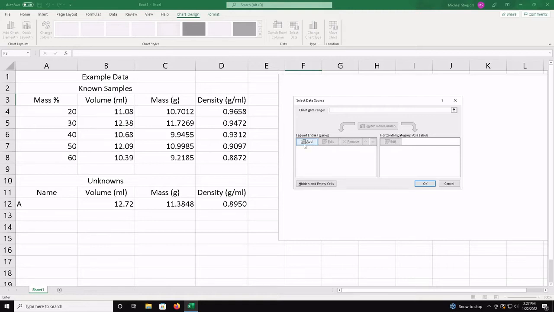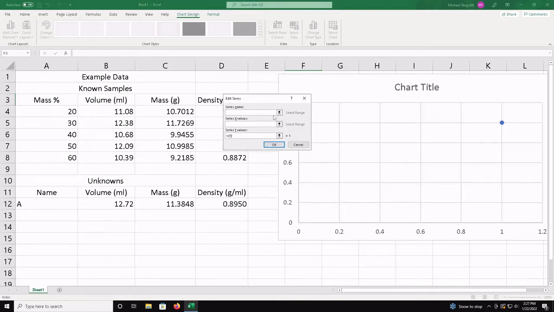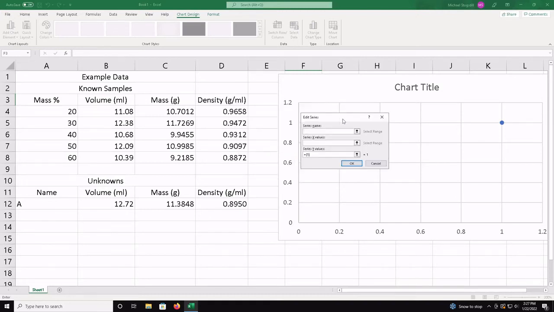And what we're looking for here is this guy right here, under the Legend Entries Series tab that says Add. It's pretty much the only thing that isn't grayed out on here. So we're going to hit Add, and we get this dialog box. Again, pretty cryptic. We're not 100% sure what to do with this, but we do note that it says right here,